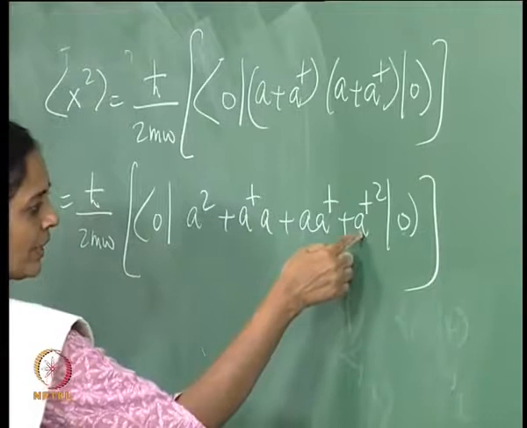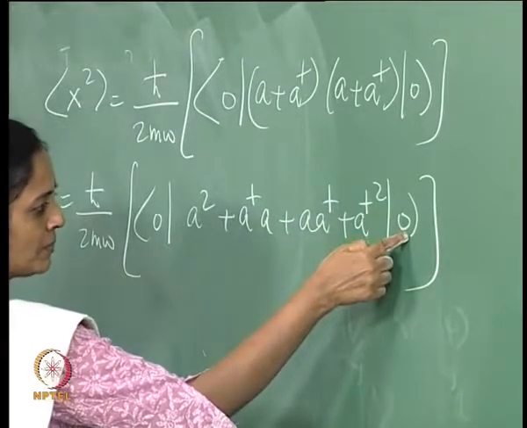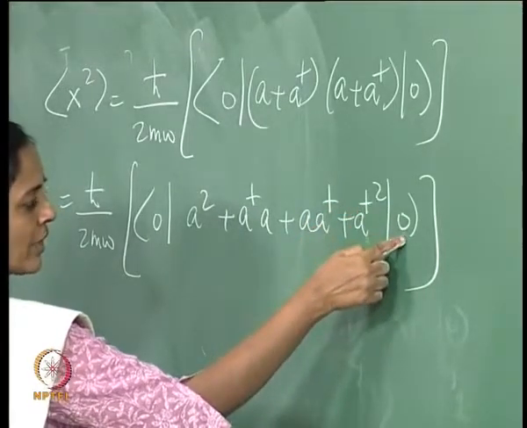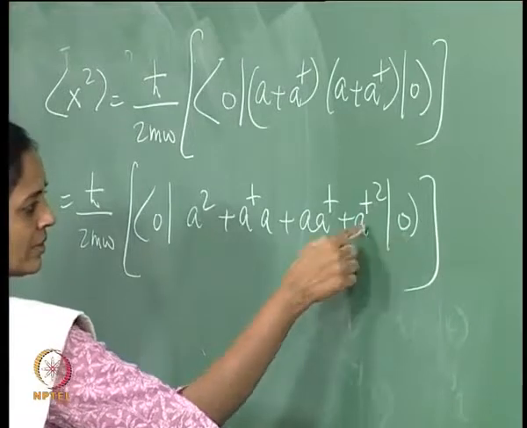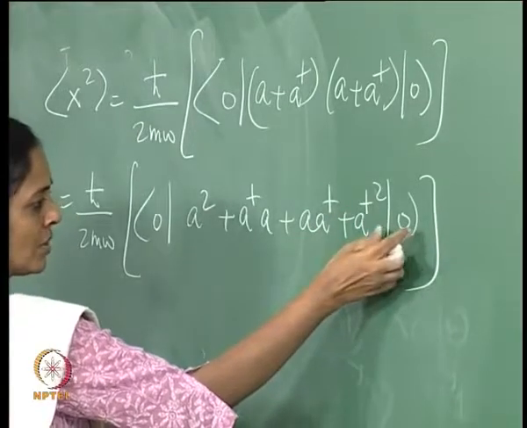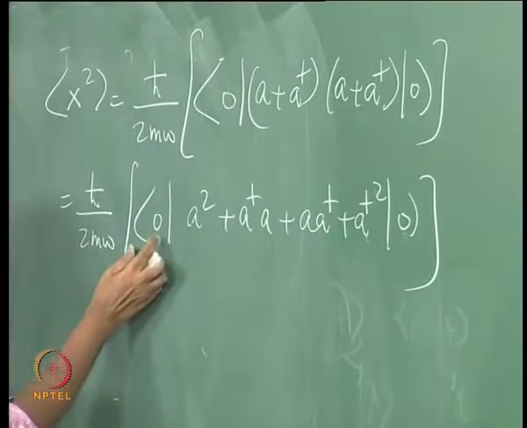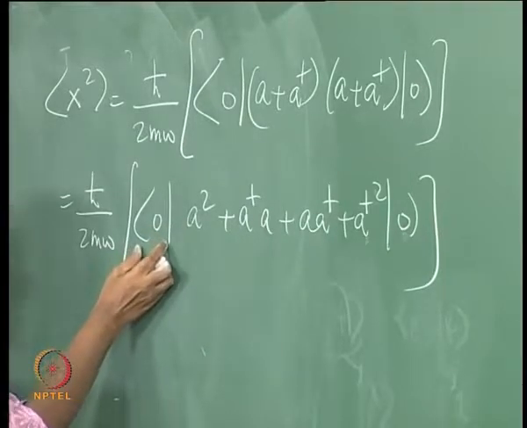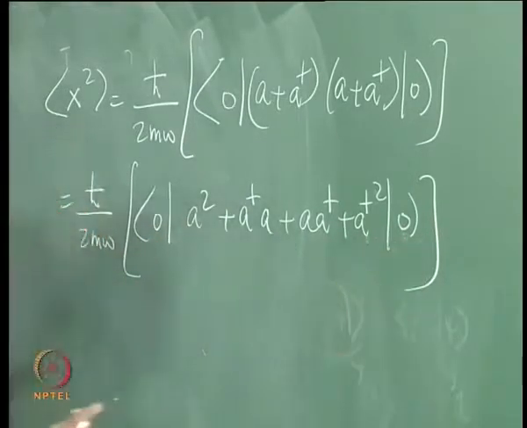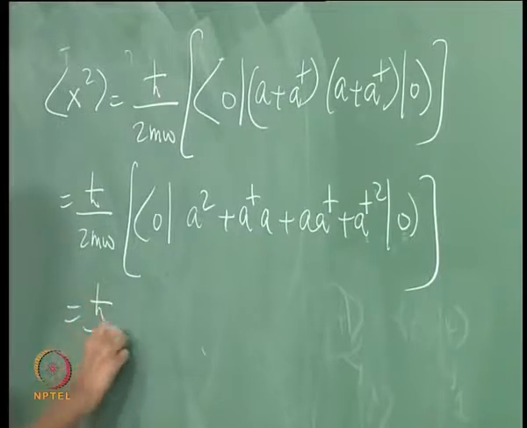The last term, a dagger squared on ket 0: the first time you apply a dagger on ket 0 you get ket 1, the second time gets you ket 2. So you need to find the inner product of bra 0 with ket 2, and that is 0 because ket 2 is orthogonal to ket 0. The only term that contributes